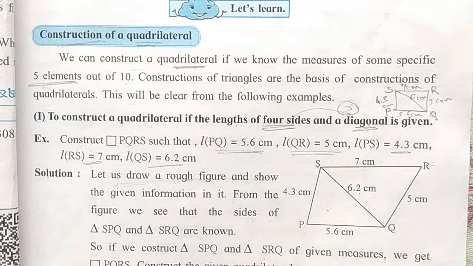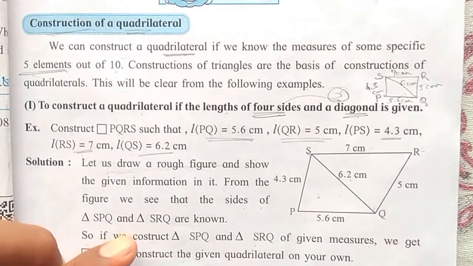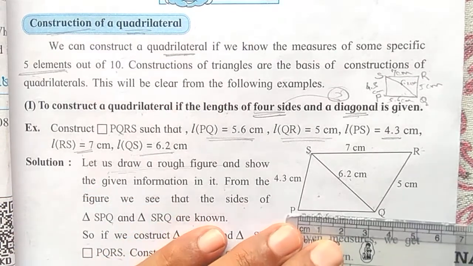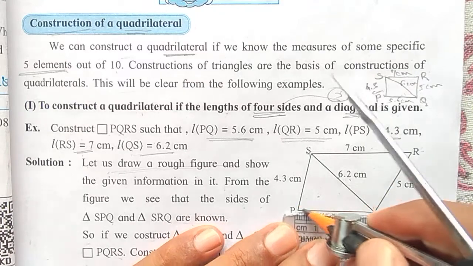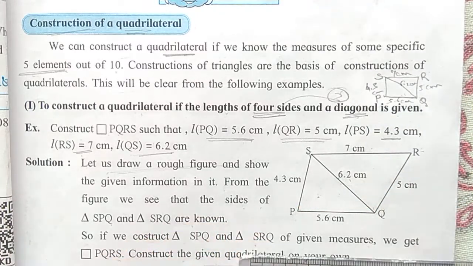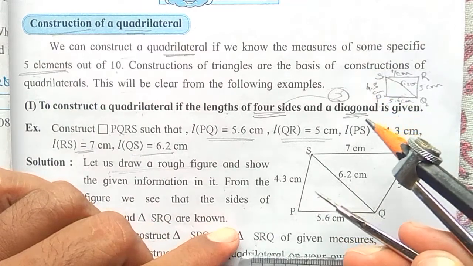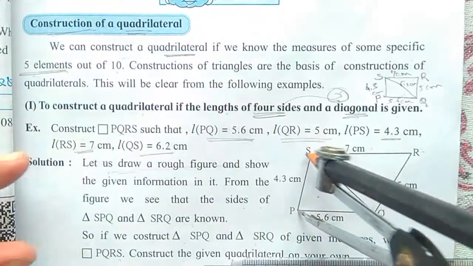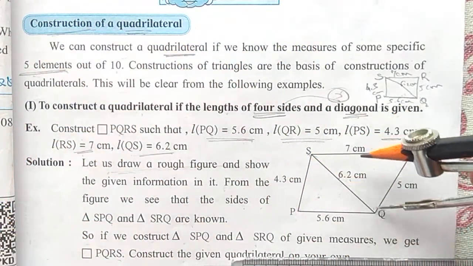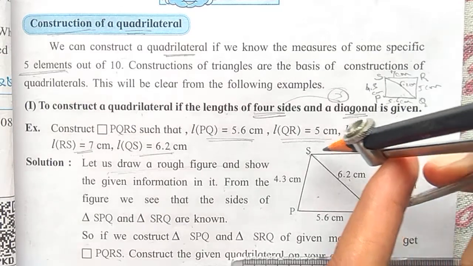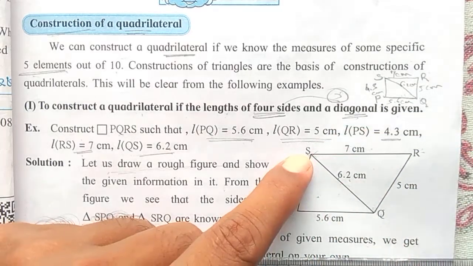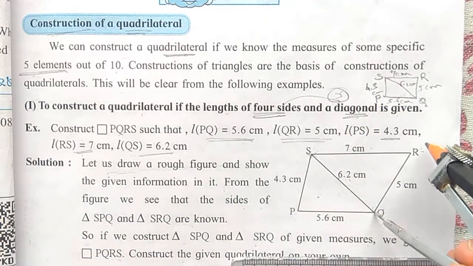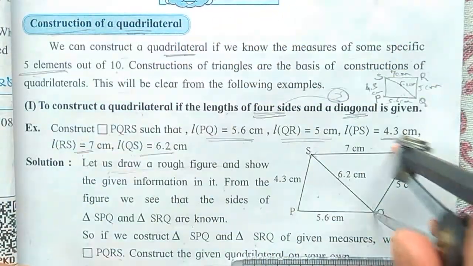Now when you go for constructing the triangle, this type of triangle, first what you do? First, as per the rules, as we have learned in standard 7th, first take the base. Take the base of 5.6 centimeter. Okay. Then take proper distance. Proper means 4.3 centimeter distance in the compass and make arc here. And you have to make arc here. Okay. Then in the compass take 6.2 centimeter distance and from the point Q make an arc here. You will get the point S. Okay. Join these two.